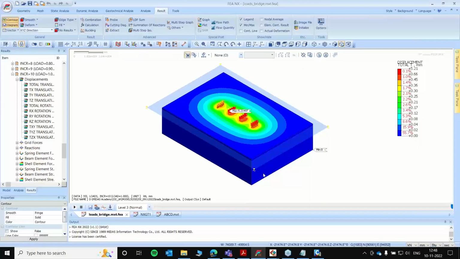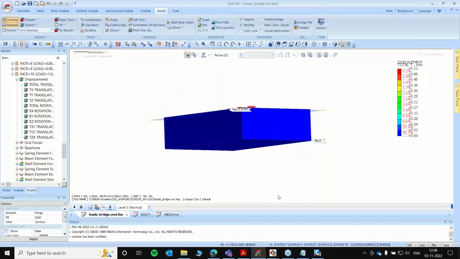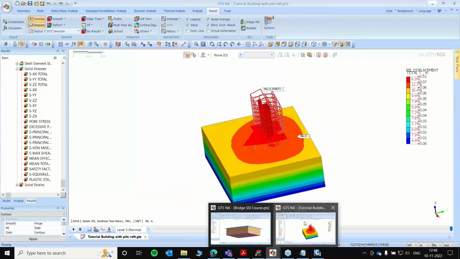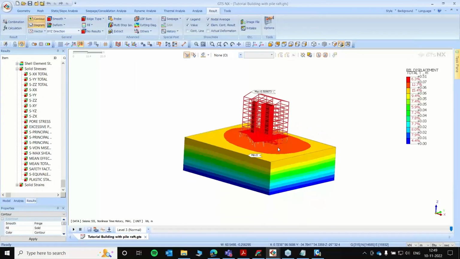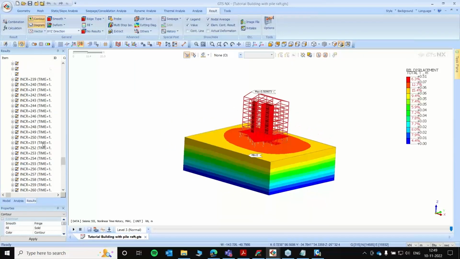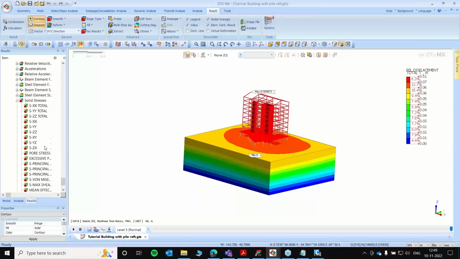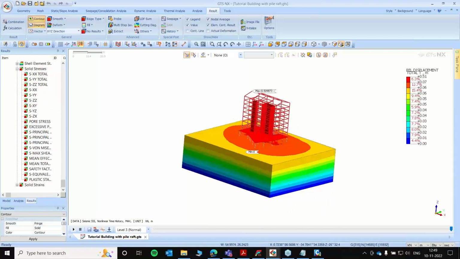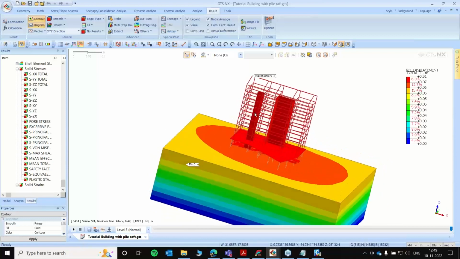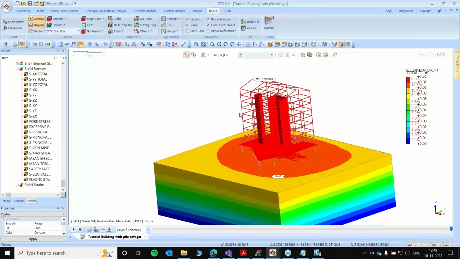Apart from that, I'll just show you an example. You can also do seismic analysis, for linear or non-linear time history analysis. So here, this is a model from Midas Gen that we had imported. We had done both the eigenvalue and response spectrum analysis.